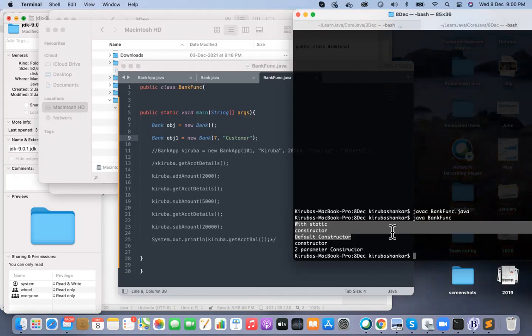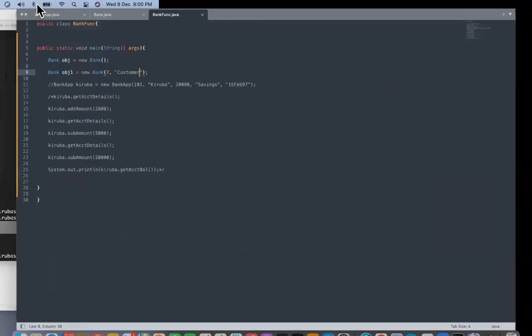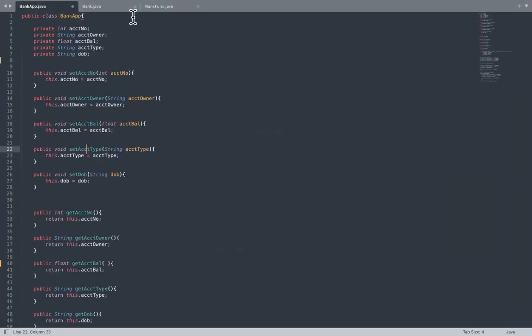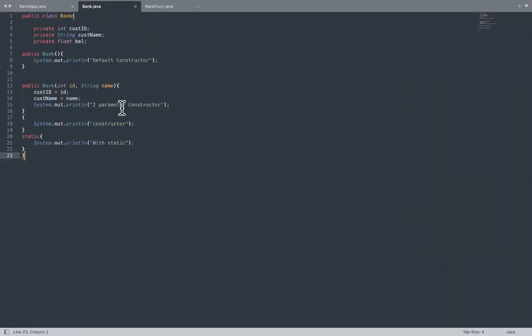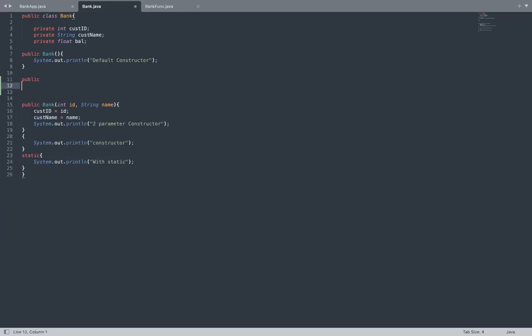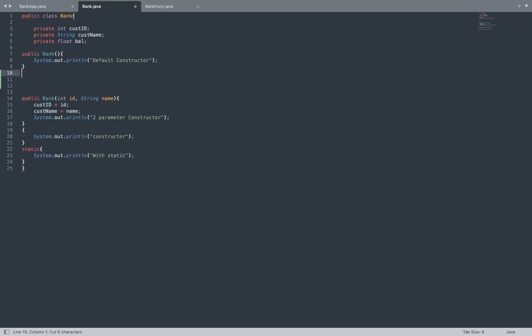Now, the second thing, can you create getters and setters for your methods in the Bank.java? Yeah. So within that, always have a practice. Your getters and setters should come after your constructor. So that helps you to know where your actual object gets created and where are your methods to be evaluated. So your template should look like class, variables, constructor, and then your methods.